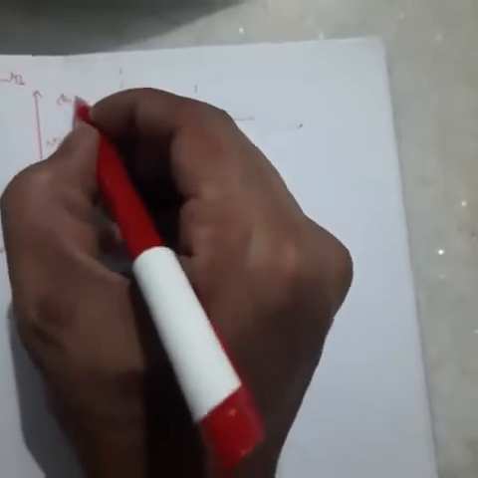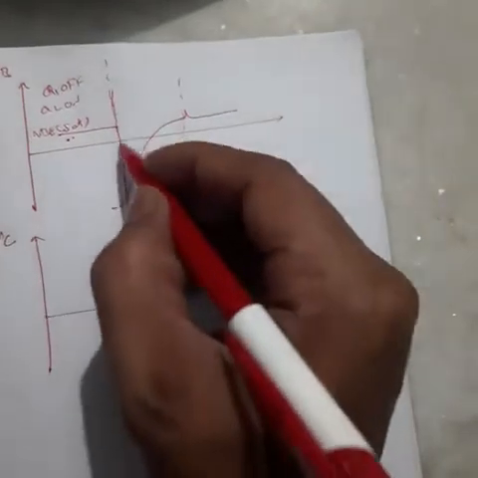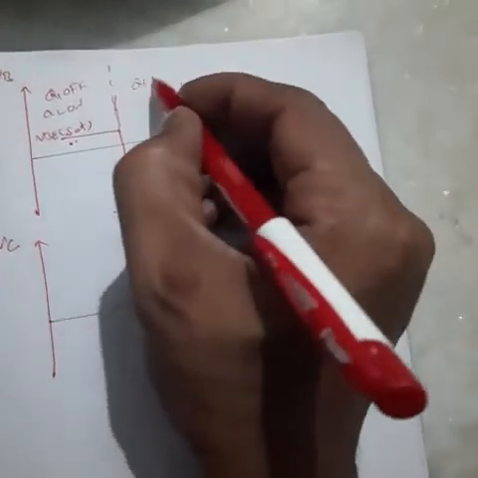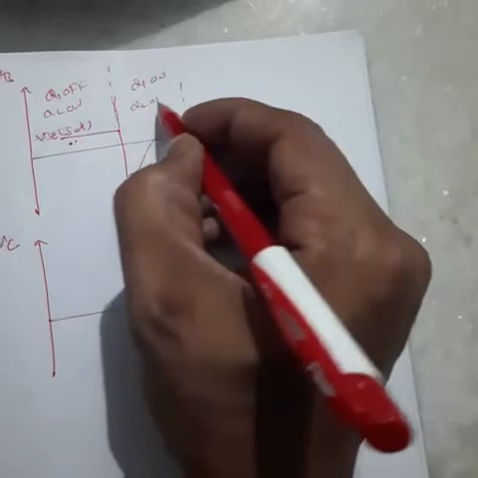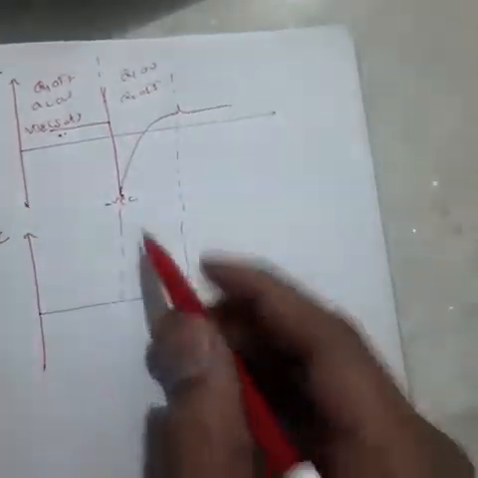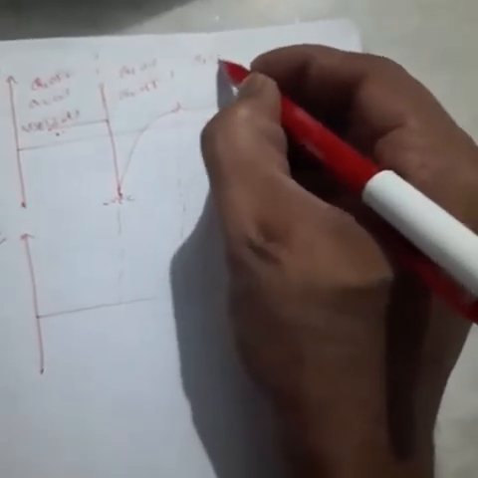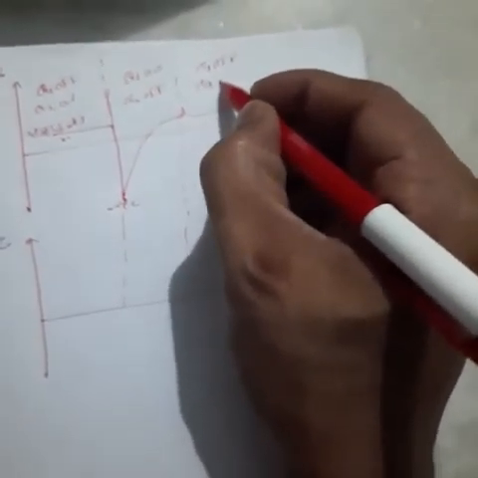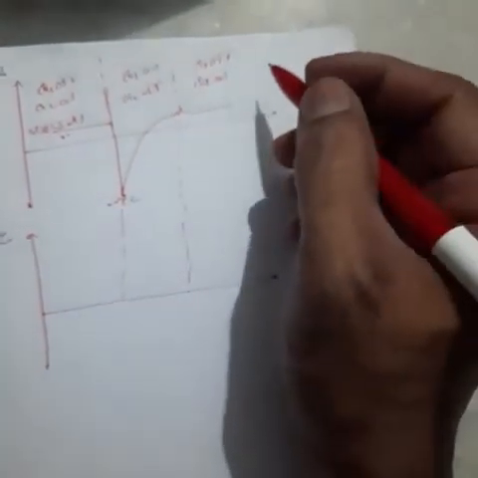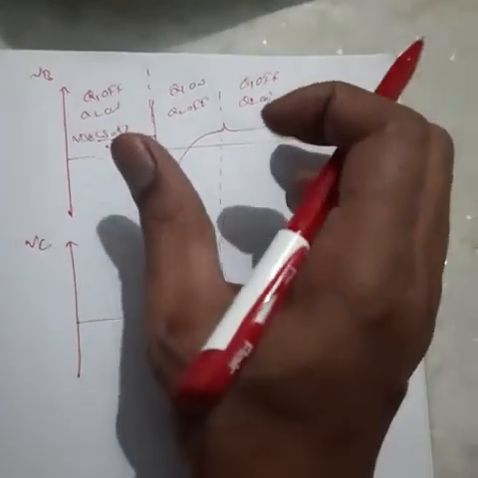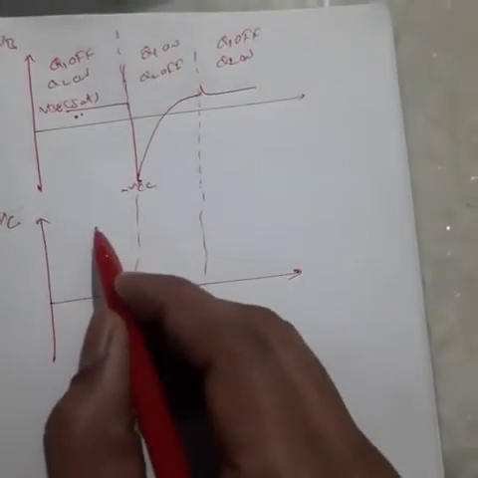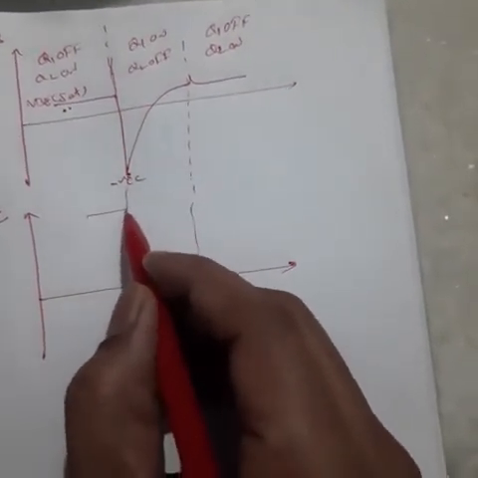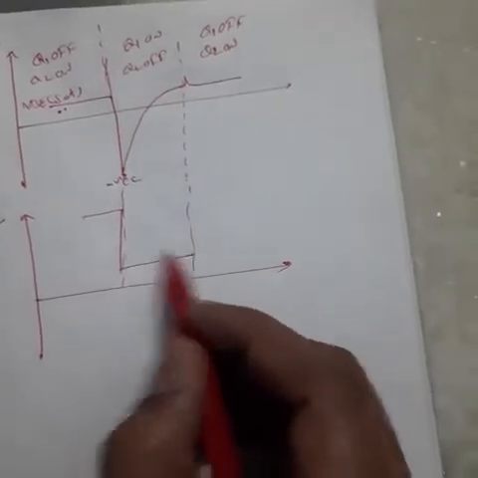Okay, first state: initially we are assuming Q1 off, Q2 on. When a negative trigger pulse is applied, then Q1 becomes on and Q2 becomes off. After some time elapsed, Q1 automatically enters into the off state and Q2 enters into the on state. Okay, these are the input voltages. Next, for output voltage, we will get constant voltages.